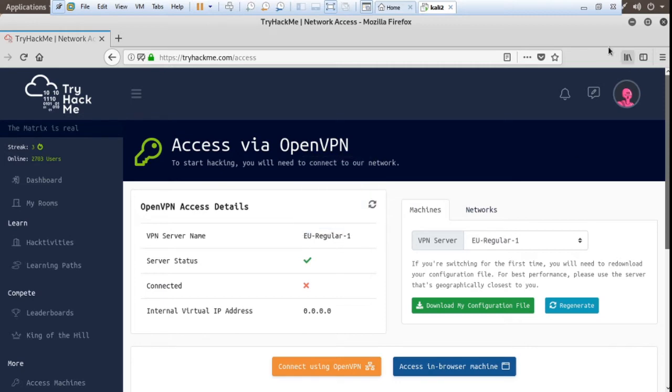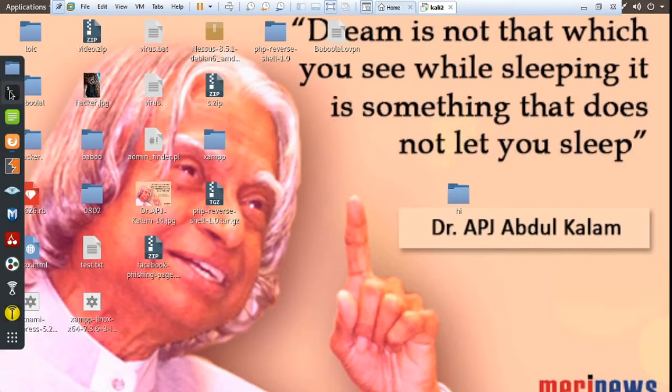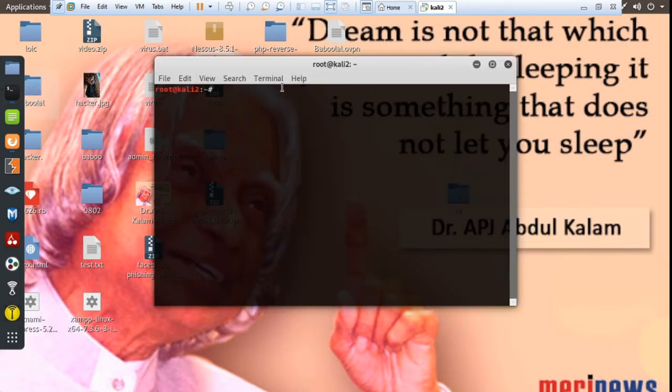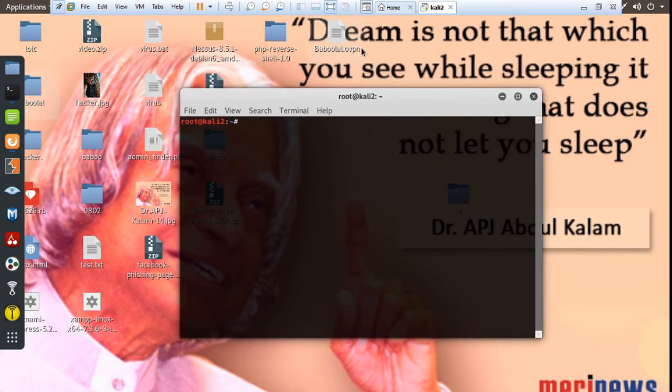Go to the terminal and type cd desktop, since my file is on the desktop. Now type sudo openvpn and the file name. The file name is babula.ovpn.